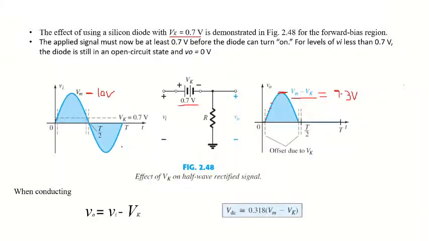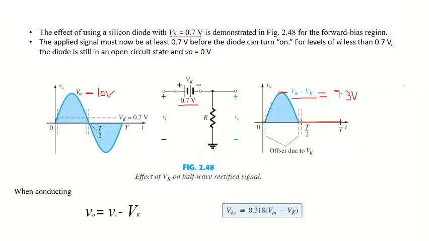Okay, for the negative half cycle, the diode will be in the off state and we'll be getting a zero signal. And what does this zero value show here? When the signal is going down to 0, it will reach 0.7 volts, the output value will be 0. Then when it reaches 0.6 volts, again the diode will be closed and we'll be getting the zero value here somewhere,